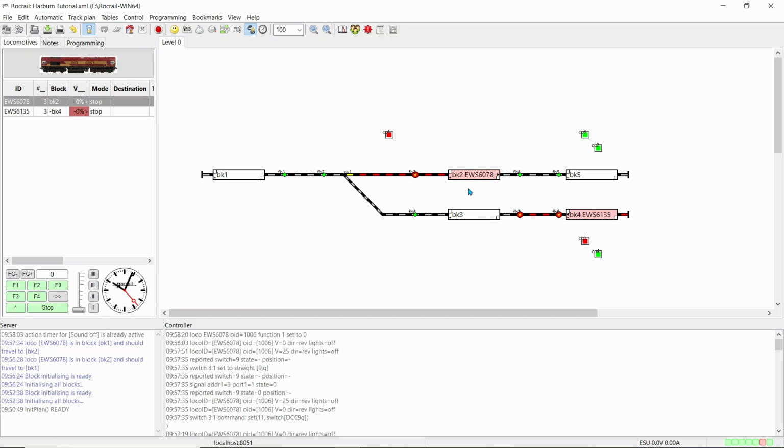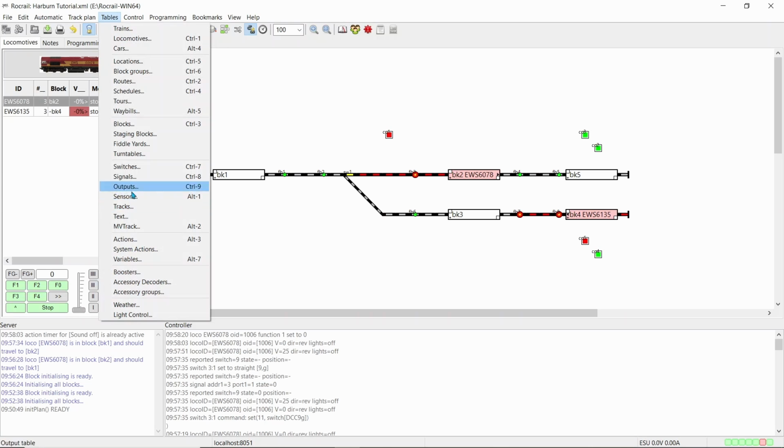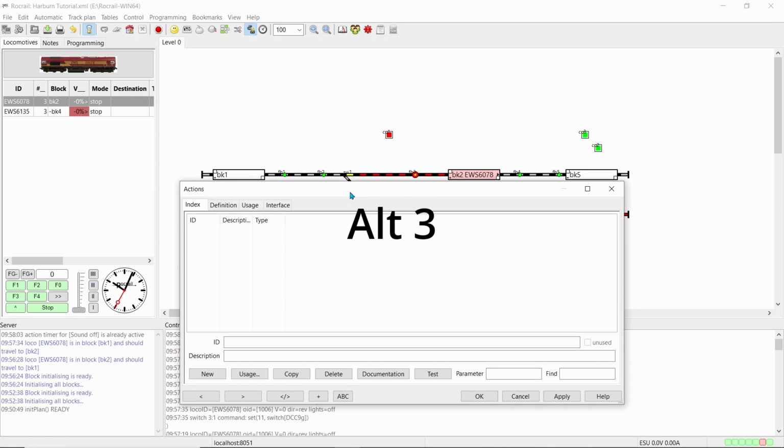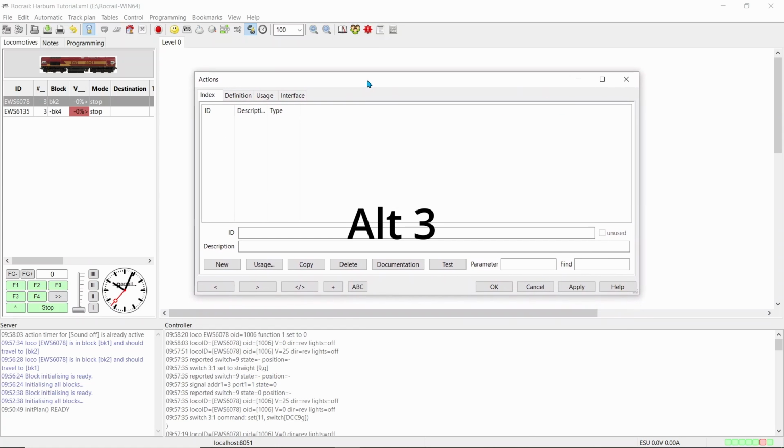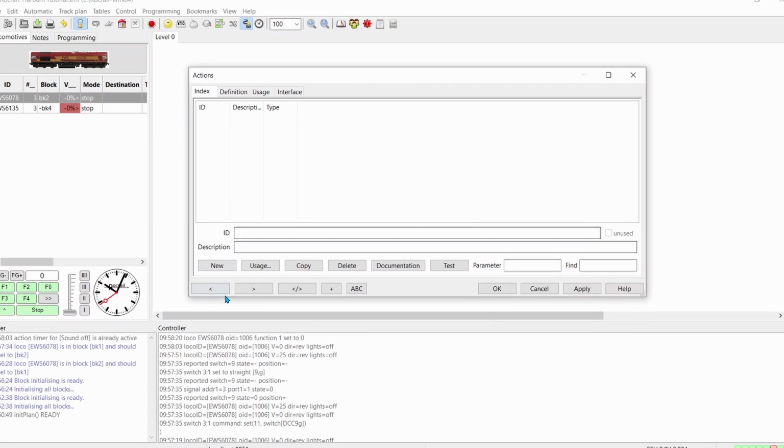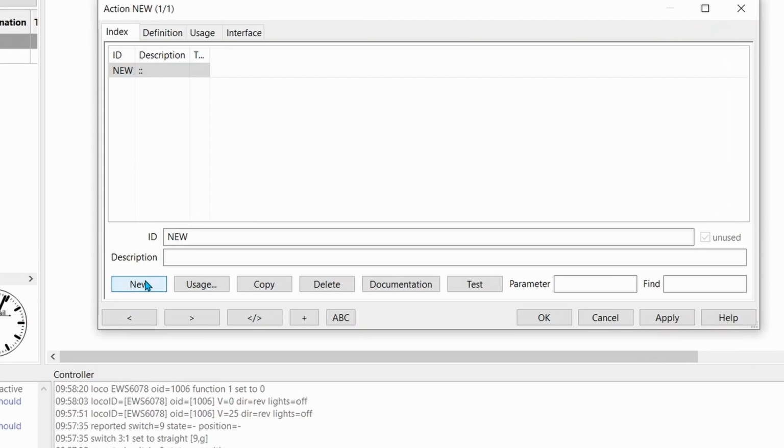So in Rockrail we need to set up the actions first. You can go up here, new tables, and go down to actions. You can use the Alt F3. So we're going to start with new, and we'll give it a name. You can call it any name you want.